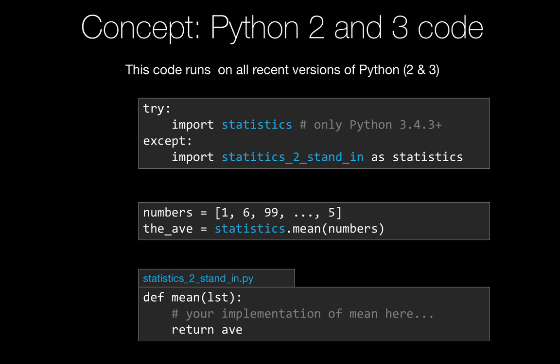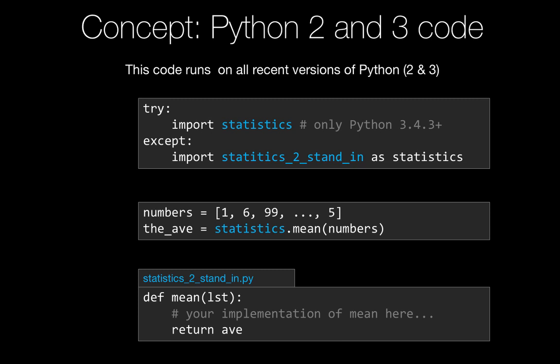So we can say, look, let's try to import the statistics module. If it doesn't work, it's going to throw an exception. We could actually catch the right type of exception. We'll get into exceptions later in the next app. But it's easy enough for us to go and write the statistics_standin.py, and we define a mean method, and it takes the same parameters as the real one. And the implementation you saw in the previous example, right, was quite easy.